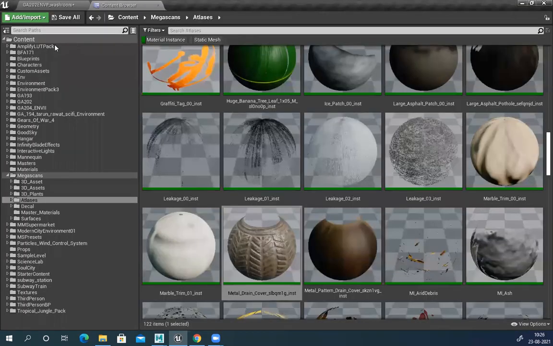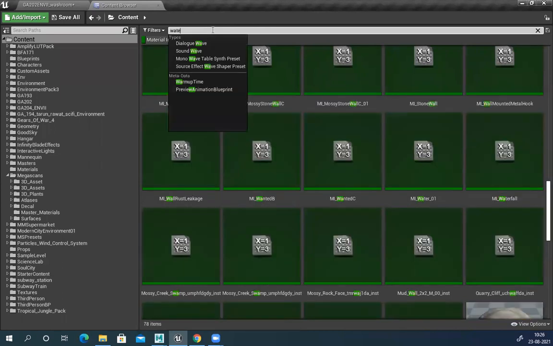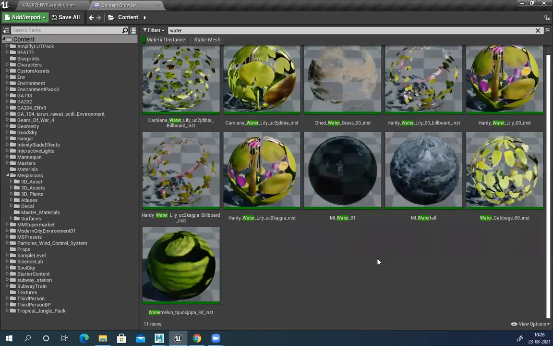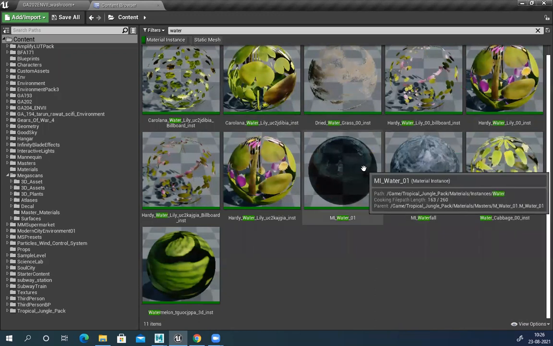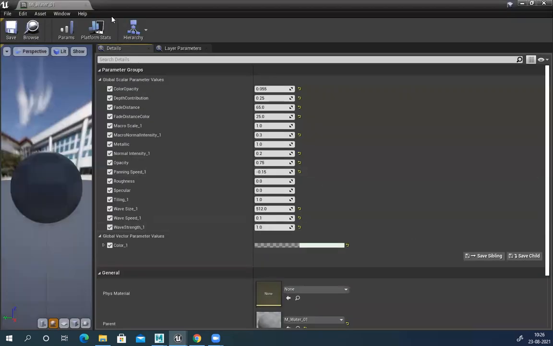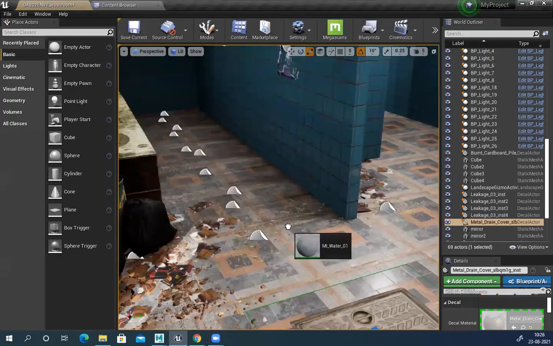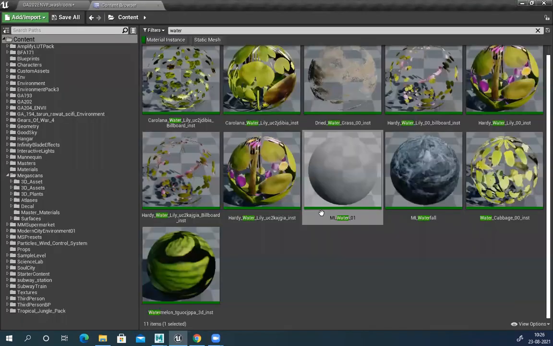Now let's see, I guess I have that water thing. A couple of water materials I have, but these are just material instances. These are not decal maps. Let me check. It's a material. So I guess I don't have that package here. So no problem.